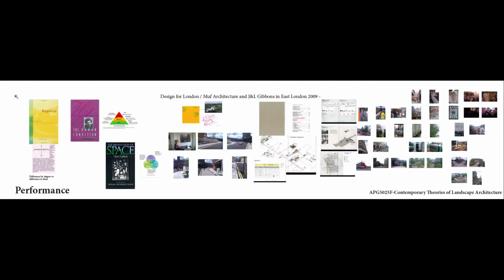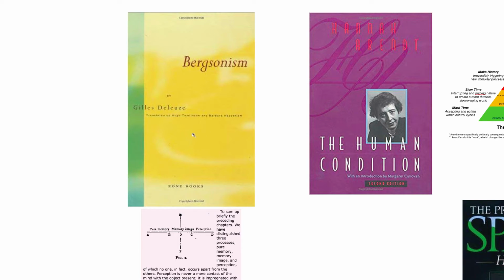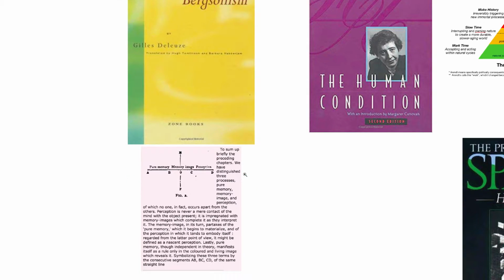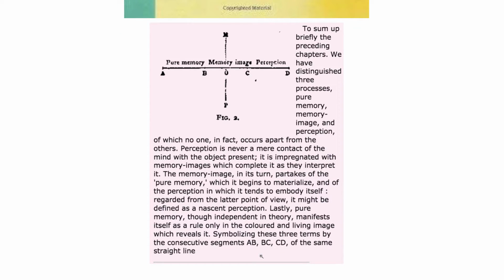And so one of the philosophers I looked at in my research was Henri Bergson. And Bergson was translated, or had a book written about him, by Gilles Deleuze, which I used extensively. And really, for me, it was really important. And here's the key idea of his, which is the relationship between memory and perception, which is to say that, as he says,